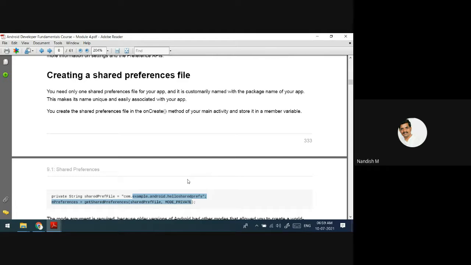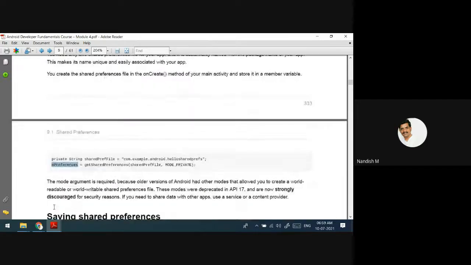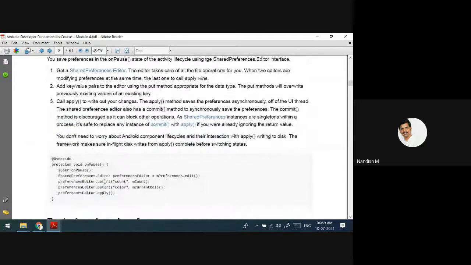This shared preferences, you can start using from the main file, that is called the activity file, main activity. From there itself, you can start using it inside the onCreate method. If you create an object like this, and you get the preferences, now this is a container where you can store everything. How to store? It will be like this.